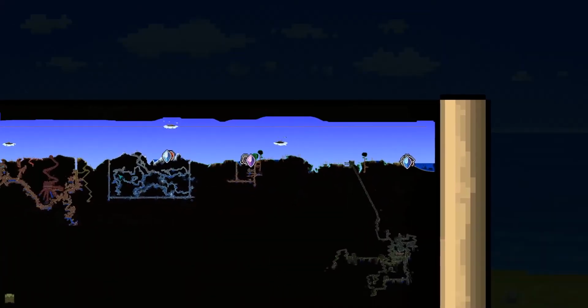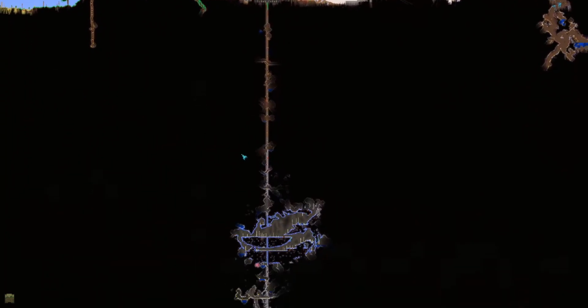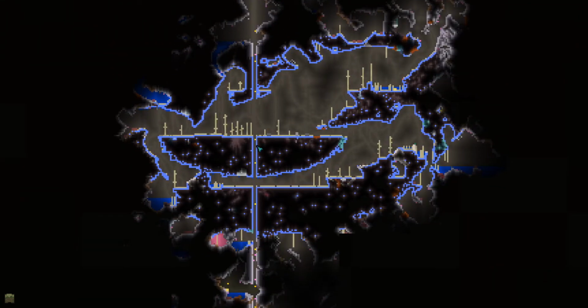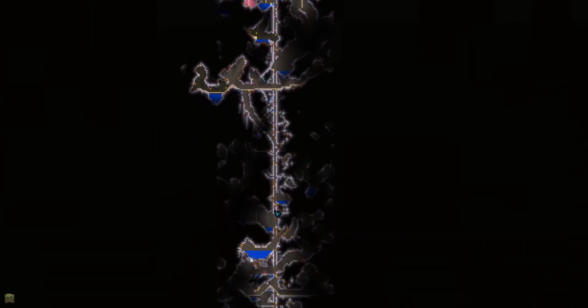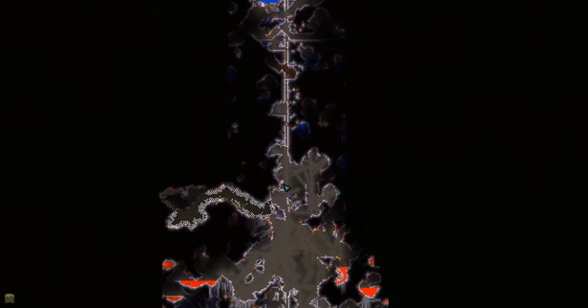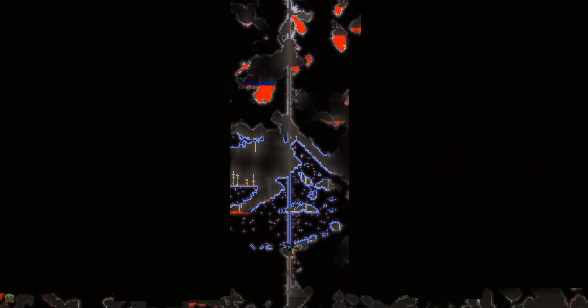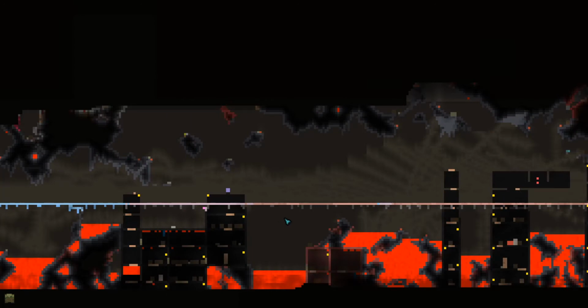And we'll just hop back over to this. You can see my shaft down to the bottom here. The mushroom biome I haven't done anything with yet, but one of these days. And that just goes all the way down to here. And I got this long bridge made of ice here, so that when it gets turned into